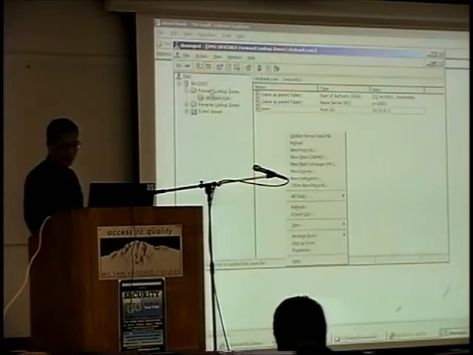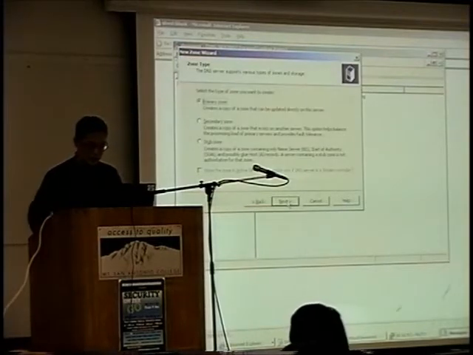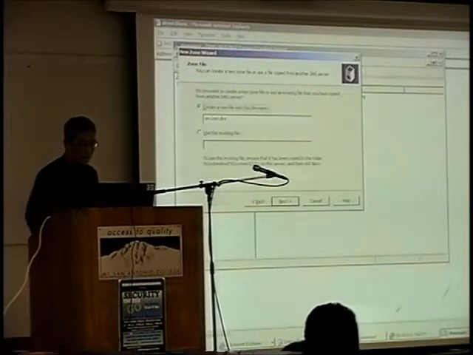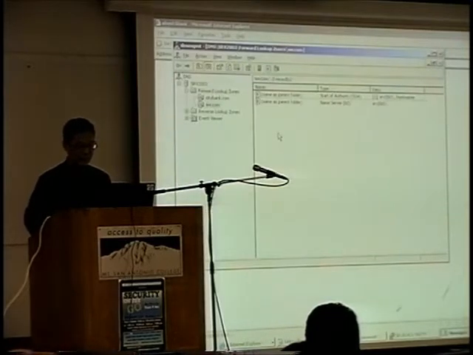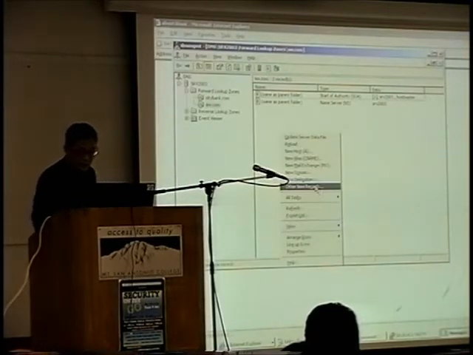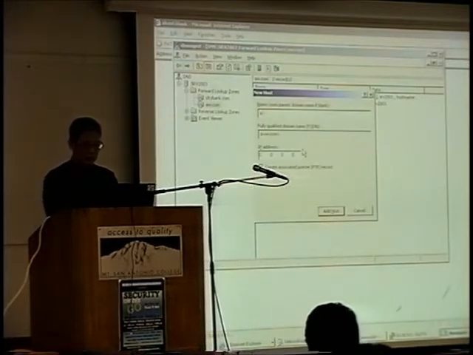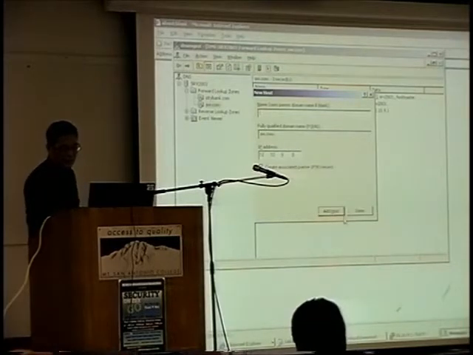Now I'm going back to the forward lookup zone, and I'm going to create a primary zone called sw.com, software Cisco. And then next, and finish it off, and then go to here. I'm going to have a new host, which is PIX, Cisco PIX, and it's 10.10.9.1, and create reverse pointer. So once you've done that,